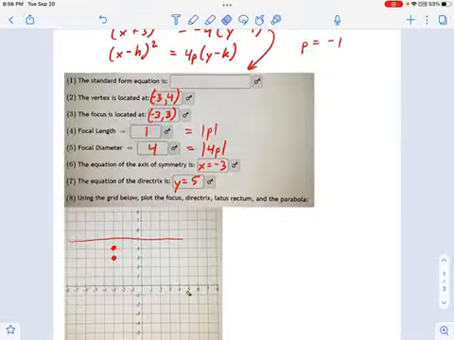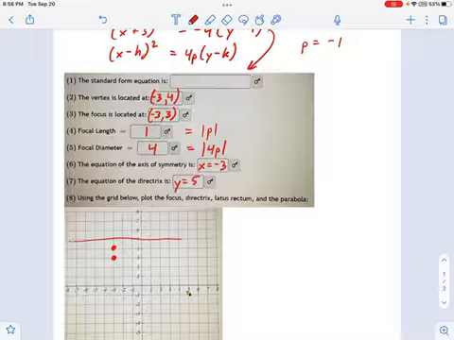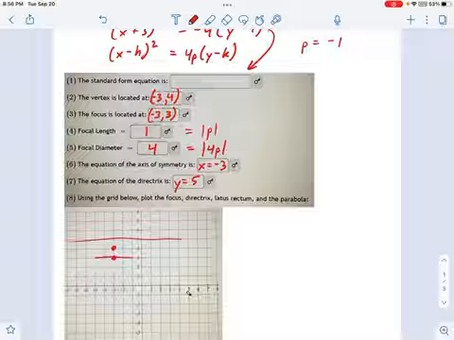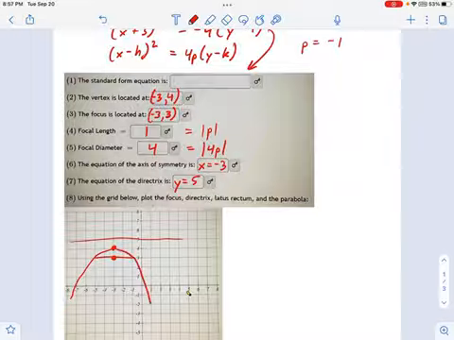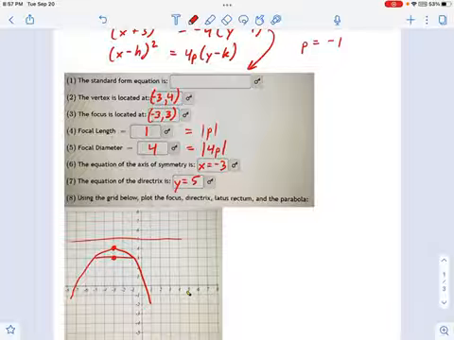Okay, so now I have all the important stuff in this upper portion, and let's do a slightly better job of drawing this thing. I can see my vertex and my focus, and I know that the focal diameter of 4 is this distance right here. That is the length of the latus rectum. And the usefulness of that measurement is that you can draw from the vertex to the latus rectum, and that sort of defines how wide this parabola is. And this is, I don't know, a typical looking parabola. It opens down. And yeah, I think that's all there is to this one.